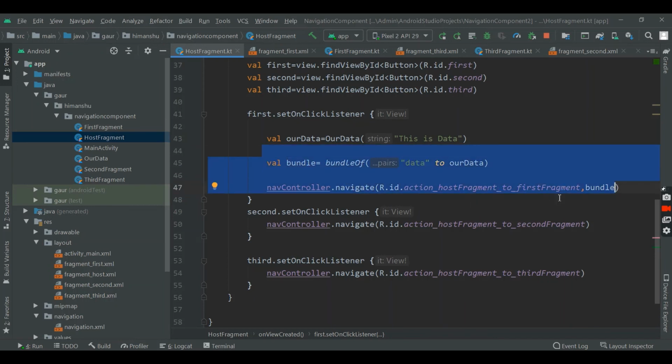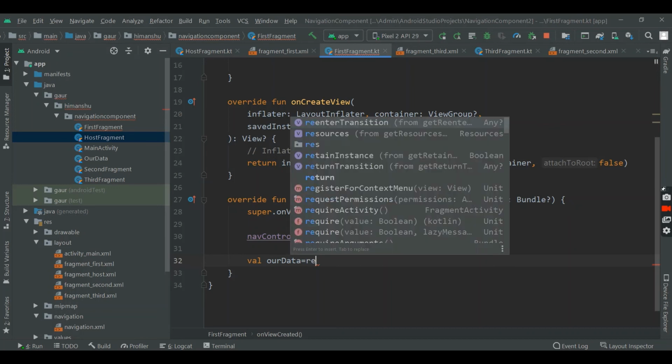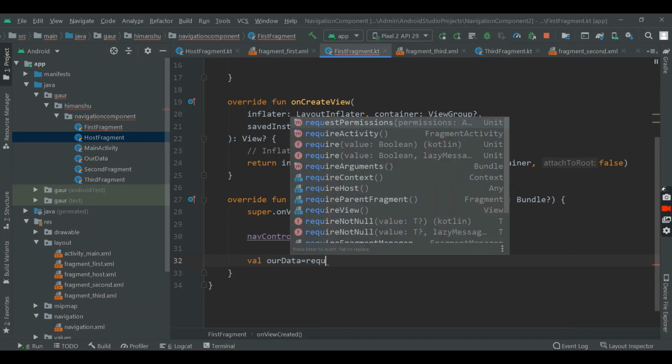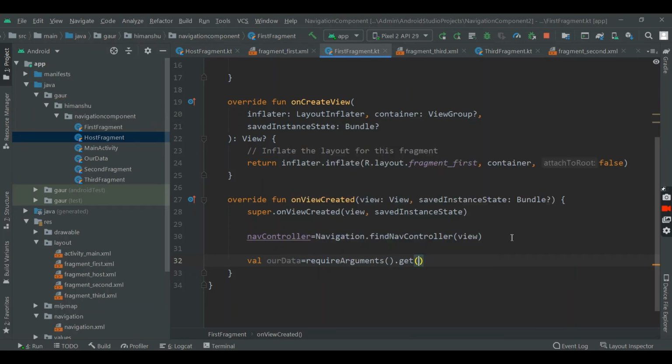Now we want to retrieve this data in our first fragment. So go to your first fragment and simply create a variable of type our data and take this argument. Require arguments dot get, and we will pass our key. Our key is data.